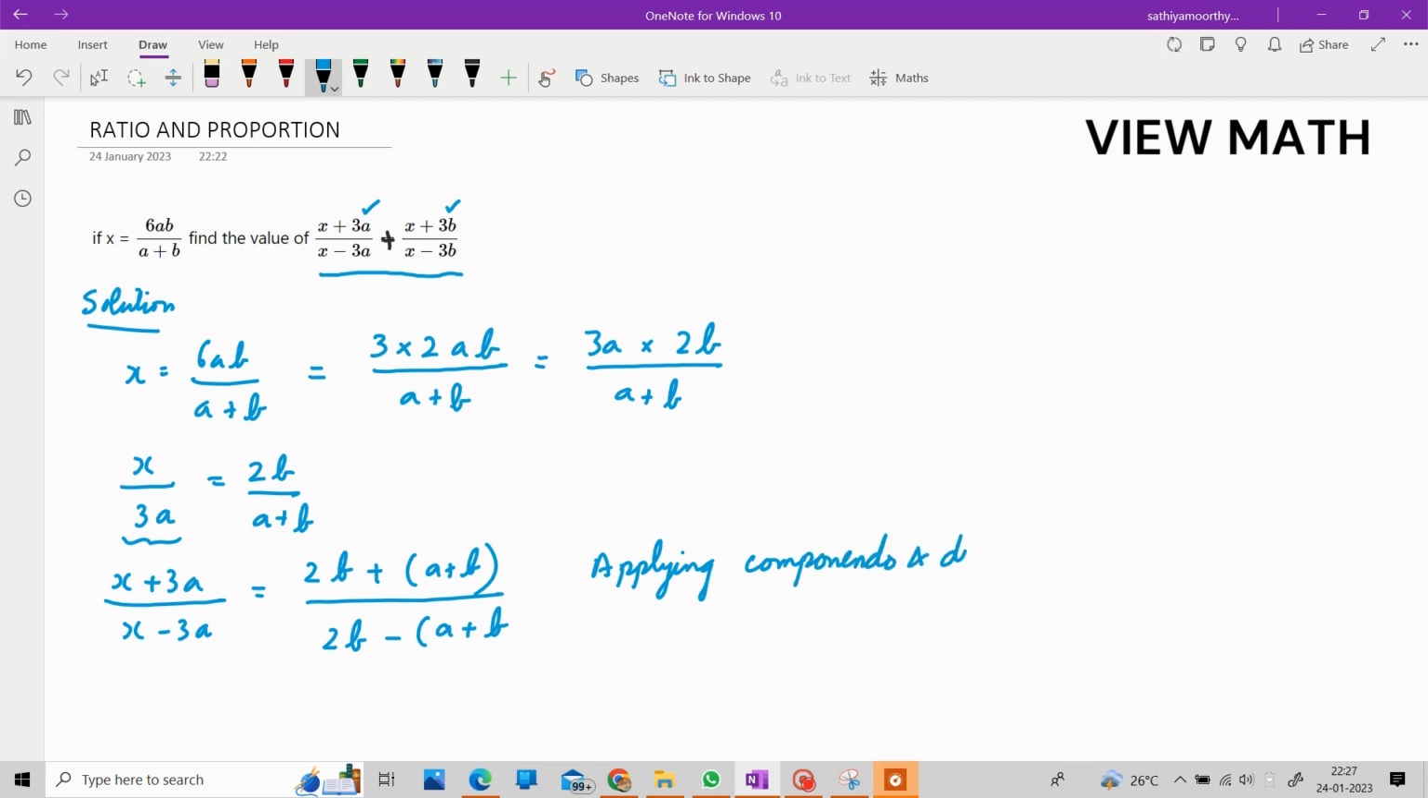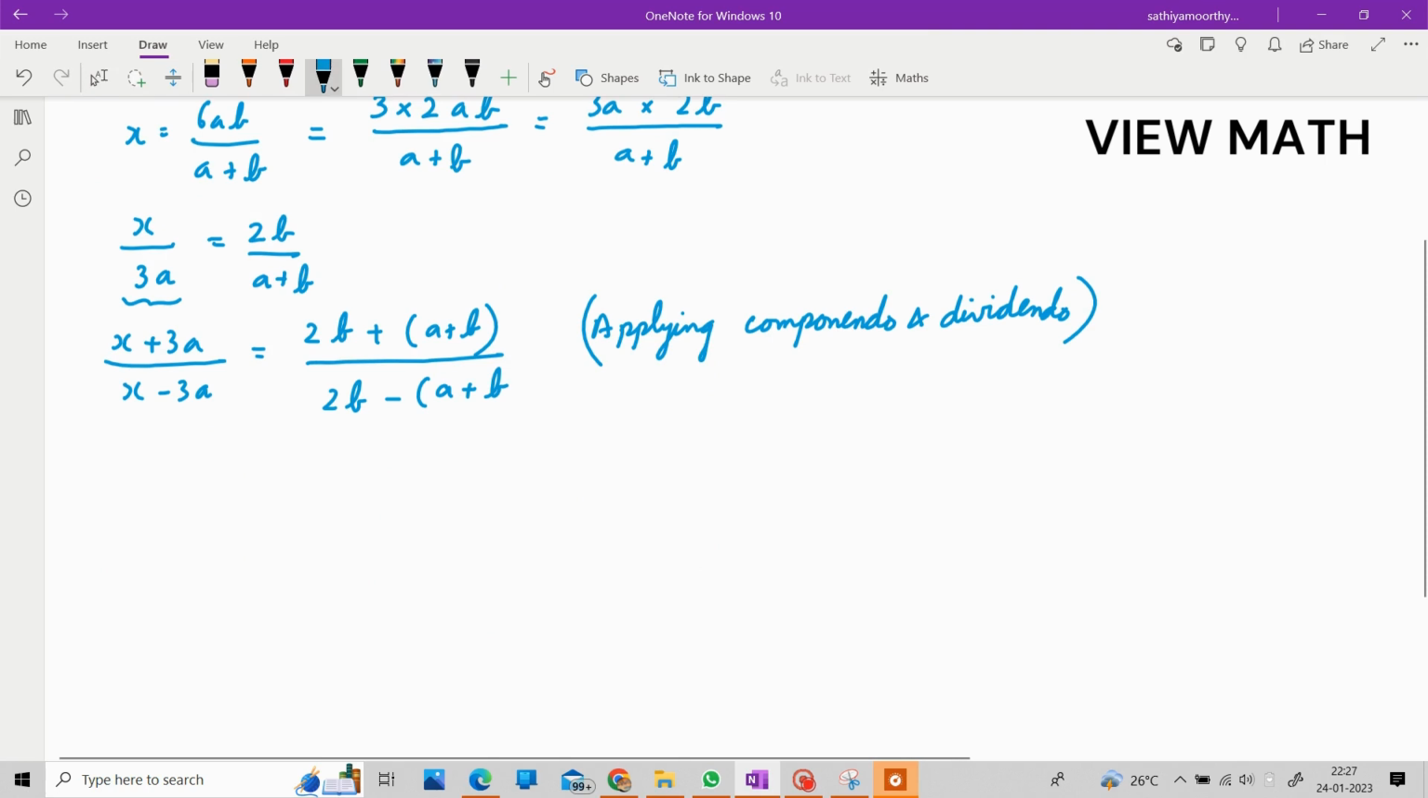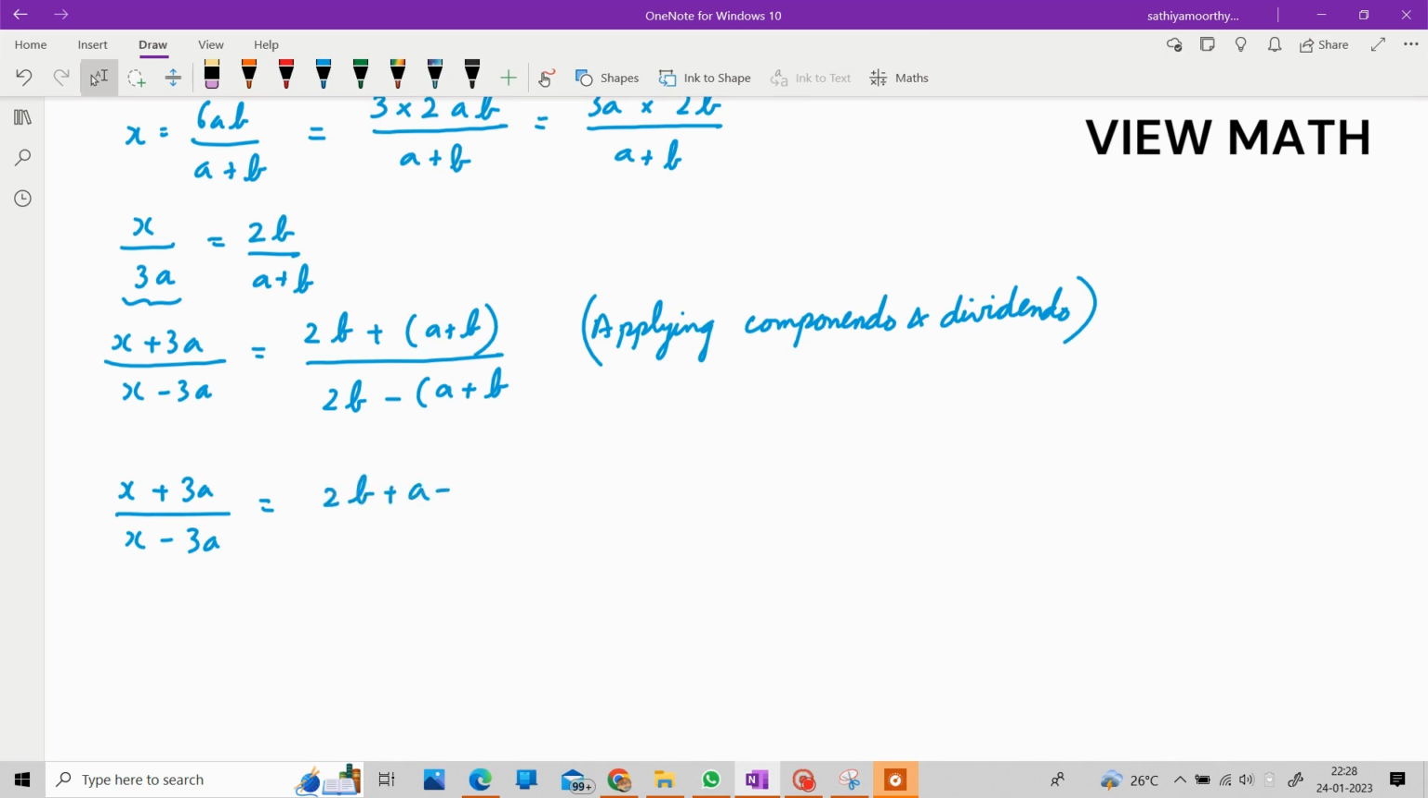Componendo and dividendo. Both the properties we are applying together to get the first term. Okay, now let me simplify this. (x + 3a)/(x - 3a) is equal to (2b + a + b) in the numerator. Let me remove the bracket. Denominator, if I remove the bracket, 2b - a - b. This is equal to 2b and one more b, it becomes 3b